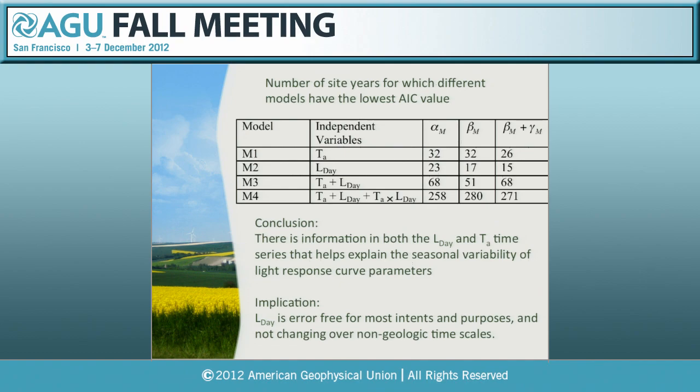And a larger finding here is that what I did here is a simple information criterion analysis of very simple models for the variables that describe the different photosynthetic light response parameters, and found that in almost all cases the model wants both air temperature and day length as explanatory variables, independent variables to describe the parameters that we're interested in. So in conclusion, there's information in both day length and air temperature that help explain the seasonal